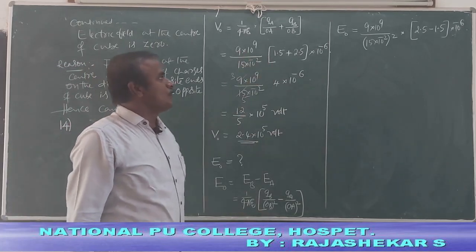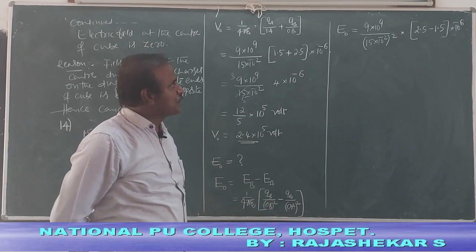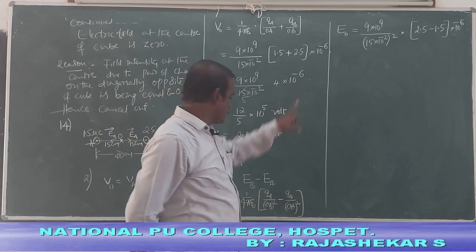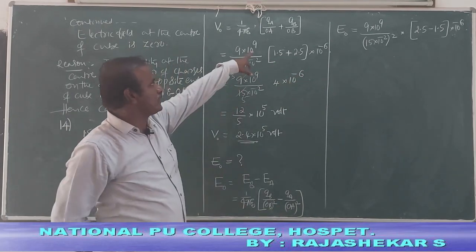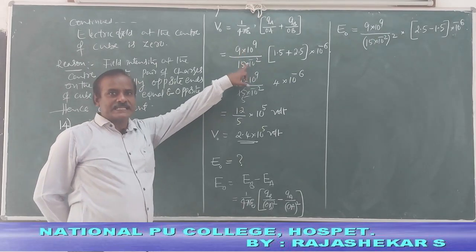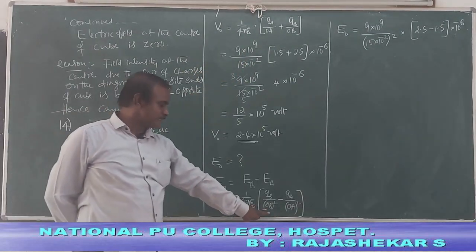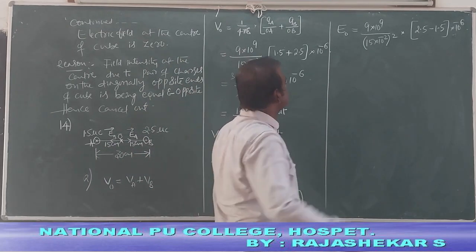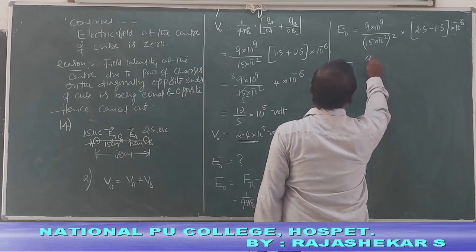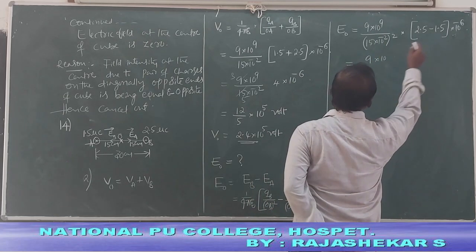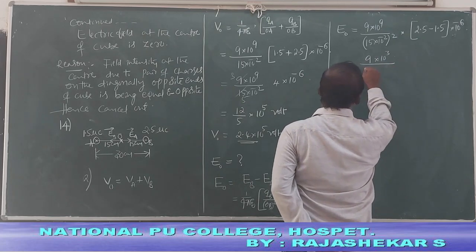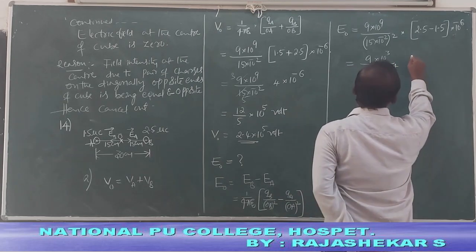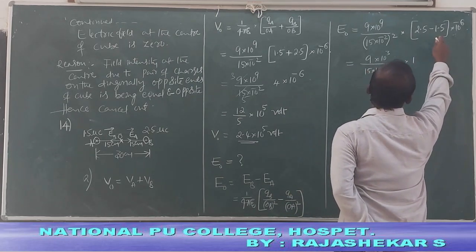Well students, now numerical values are substituted. Charge at B 2.5, charge at A 1.5, like this. And now the distance is squared. Unlike potential, which varies inversely with linear distance, field varies inversely with the square of the distance. If you simplify this further, 9 into 10 to the power 9 and there 10 power 3. This is 15 square, 10 to the power minus 4. This is 1. 2.5 minus 1.5 is 1.